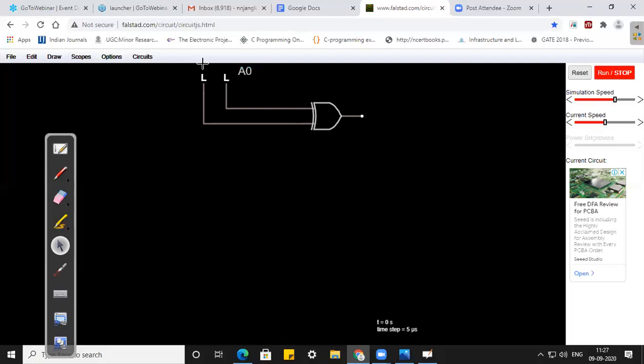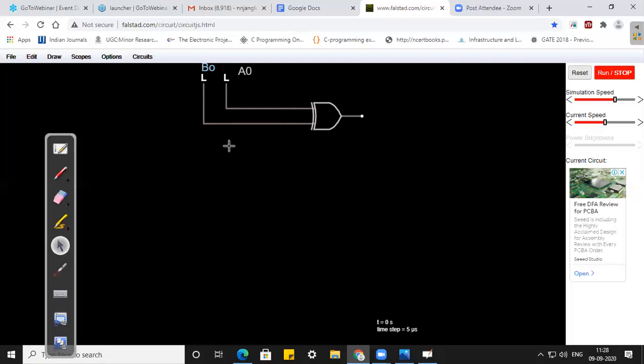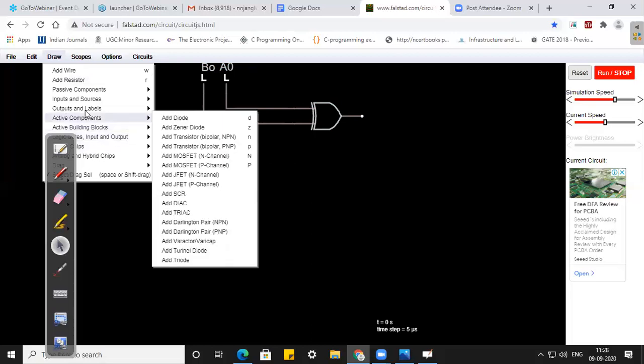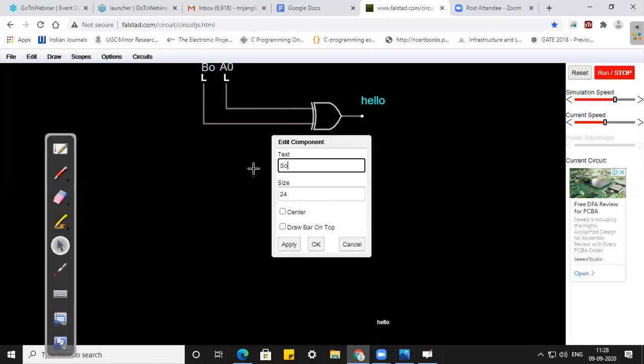Then I will add another text, and this is my B0. So this is my A0 and B0. Now what I will get from this XOR gate is S0. So again I will write here S0. This is my sum.